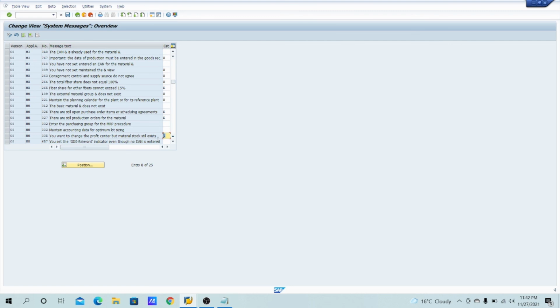After that, again you'll have to change W back into E, because this is something you cannot leave as a warning message, because it's a most important thing, and maybe the user or another person can misuse it. So make sure, if the client requires a warning message, you get proper approval from your management. Only then should you convert this error message into a warning message, right? So I hope you have understood my point.